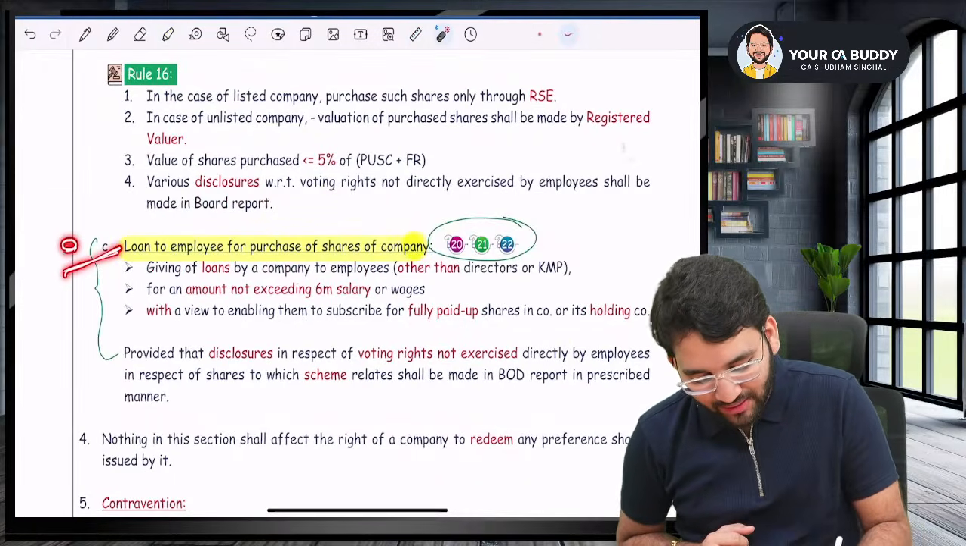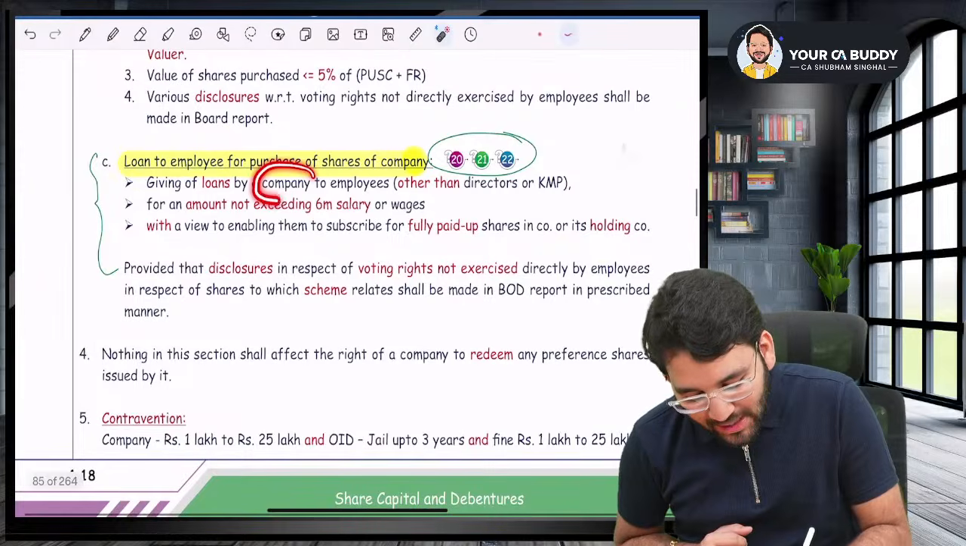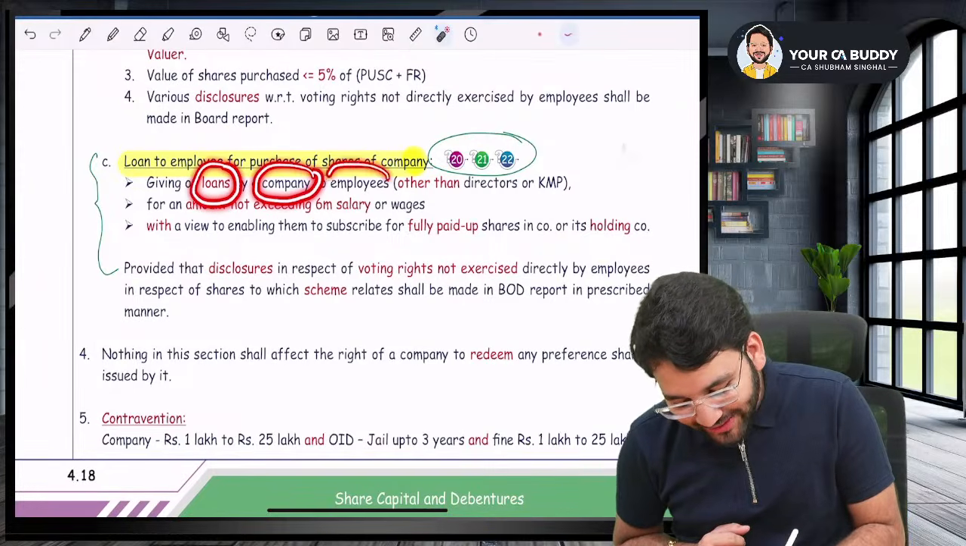This is the most important point, sir. If a company is giving loans to its employees,